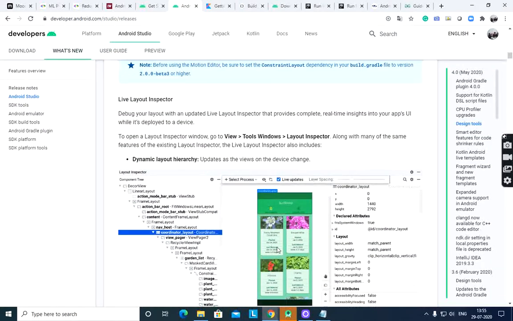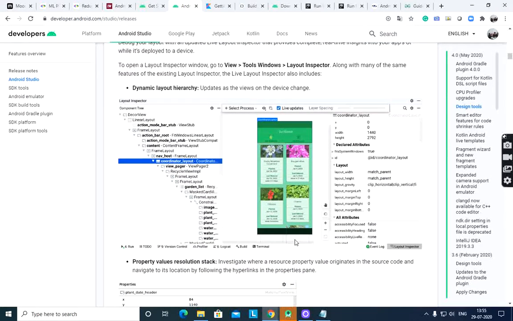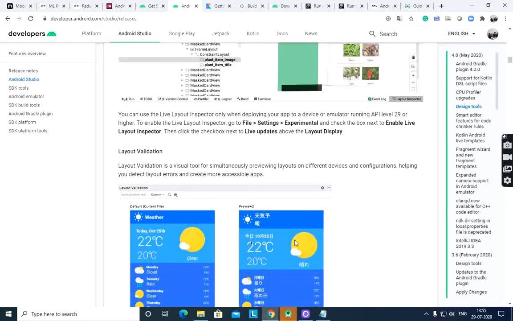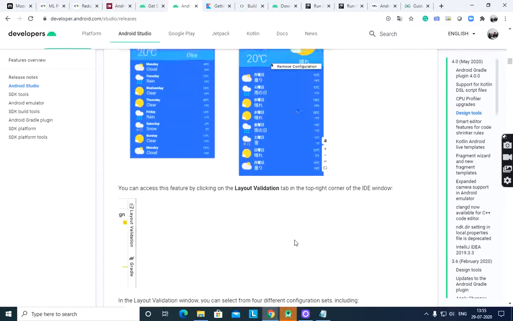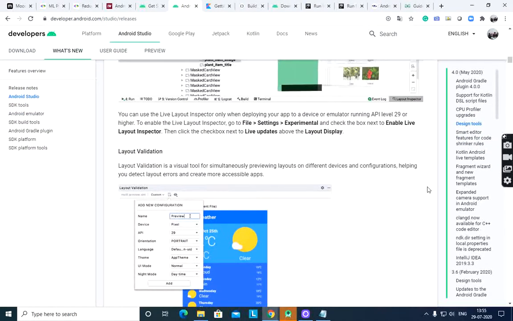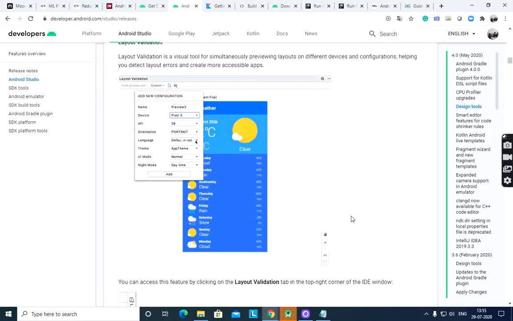Then live layout, when you design it will show layout validation. It is a visual tool for simultaneously previewing layouts on different devices and configurations.